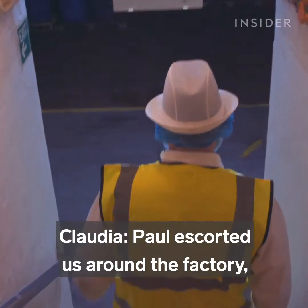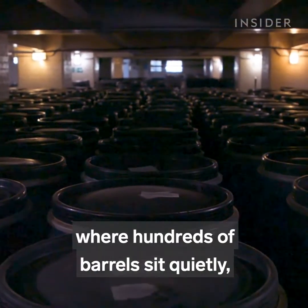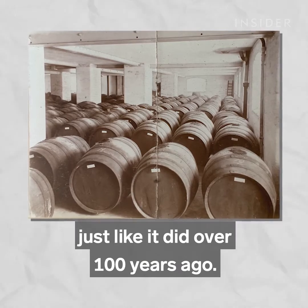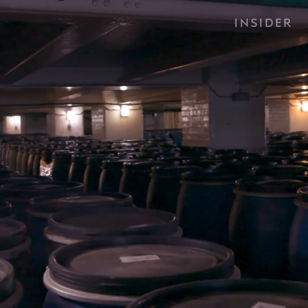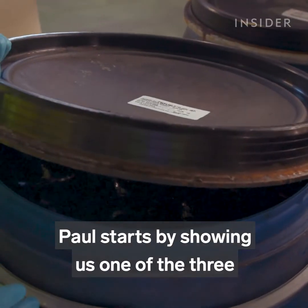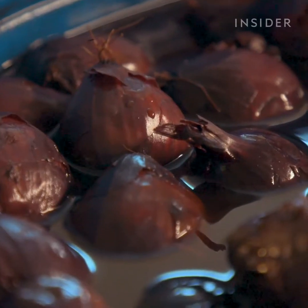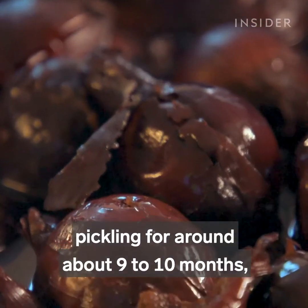Paul escorted us around the factory, showing us the making process. We started in the basement, where hundreds of barrels sit quietly maturing the Worcestershire sauce ingredients, just like it did over 100 years ago. Paul starts by showing us one of the 3 main ingredients that go into Lea Perrins sauce: whole red onions. So we got some red onions here that have been pickling for around about 9 to 10 months,